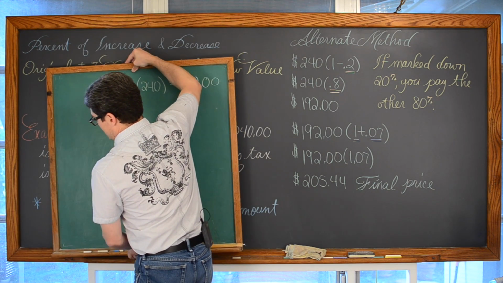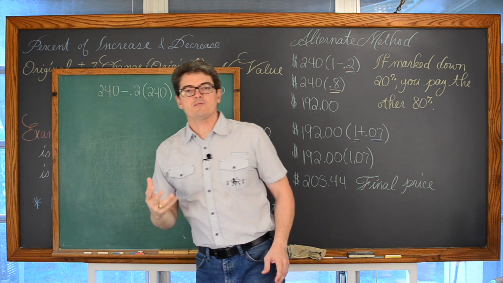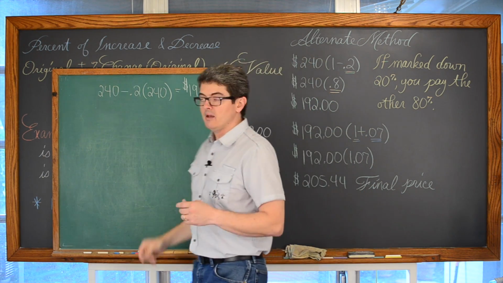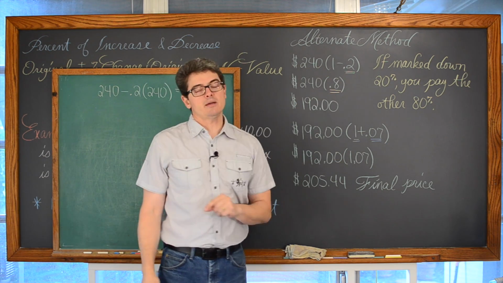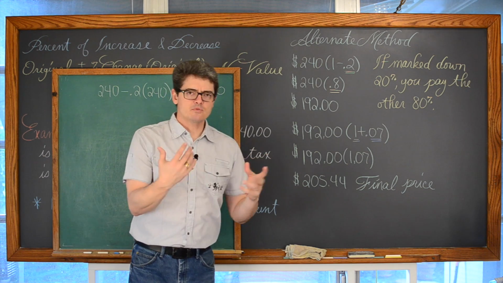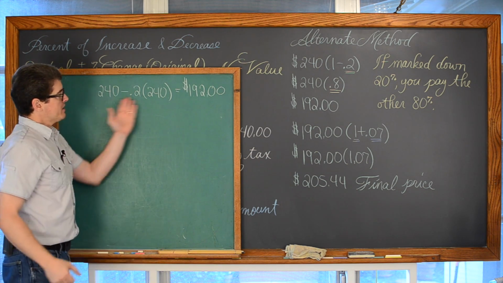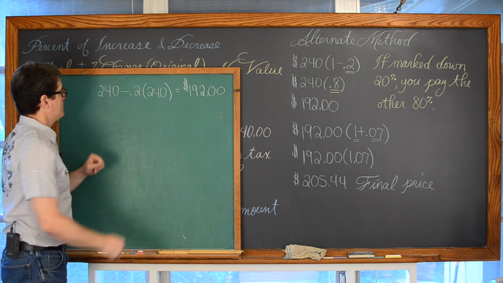Now this looks quite a bit different. You might like it because it's less writing. And what I want to emphasize here is that it's got the same mathematical foundations as the previous problem. If you look up here, we got 240 times 1 minus 0.2. Again, if it's 20% off, you're paying the 80% that's left. Well, if you look at how I had it in the original way that I worked out the problem,